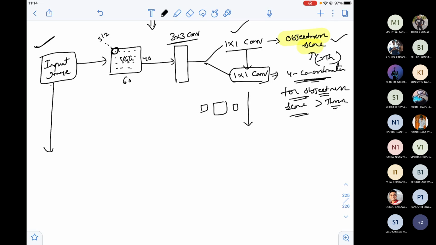So for that, I use VGG again here. Again I would get some output. Since it's a VGG, the output would be 60 cross 40, and the depth would be 512.